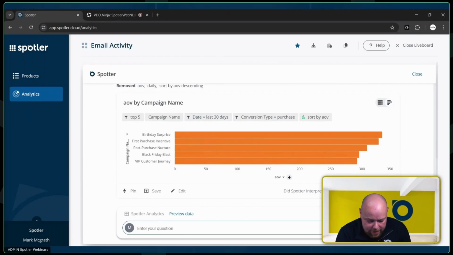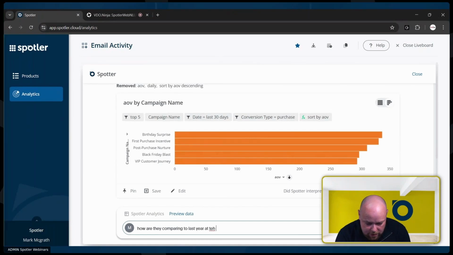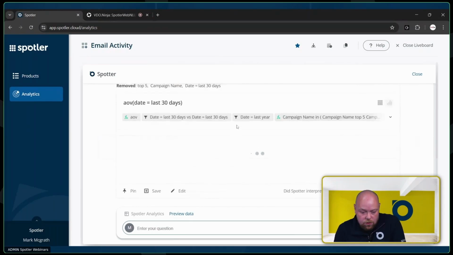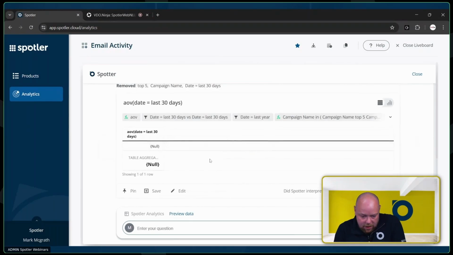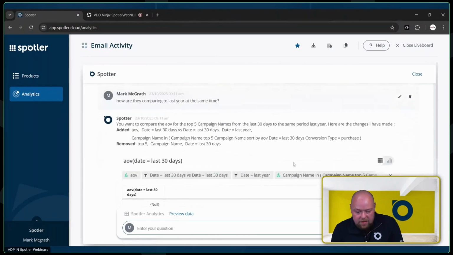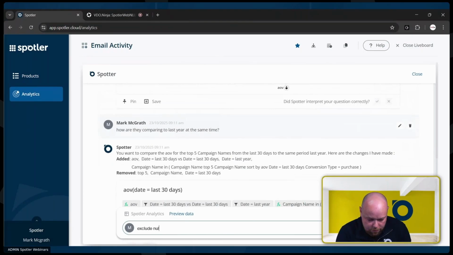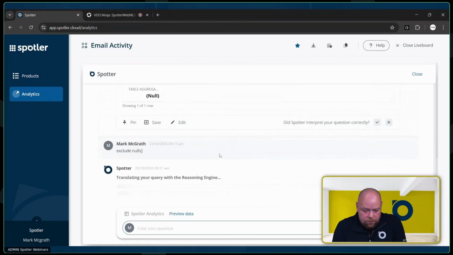So let's say I want to know, how are they comparing to last year at the same time? This is one of those queries that when I'm running it in Excel or in GA, it becomes a bit of a data analysis session, because I need to go in and run pivots. I need to compare the data quite intelligently. And in here, this is now just going to break this data down for me. Exclude nulls. And it will now show me that data